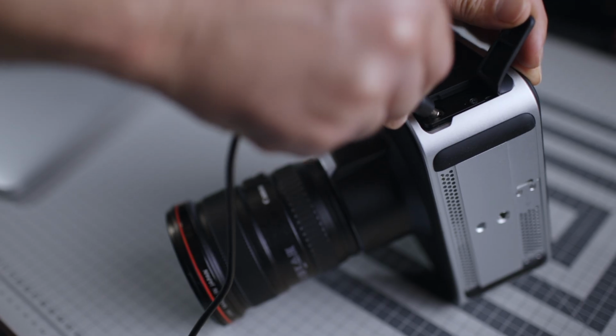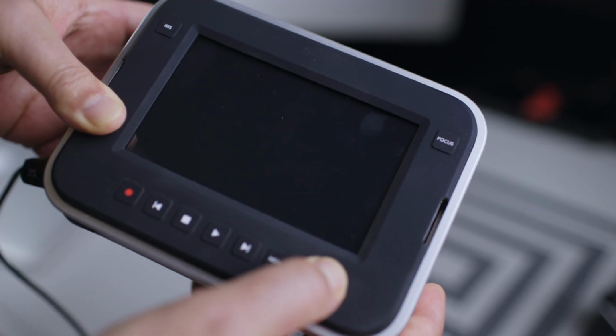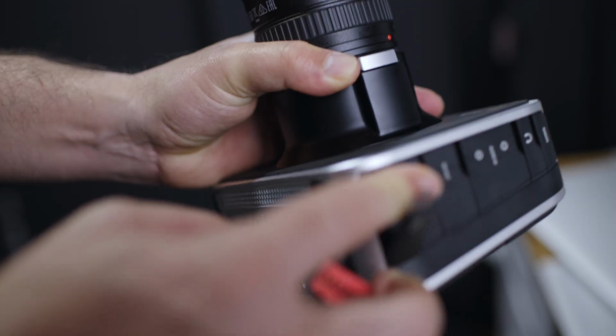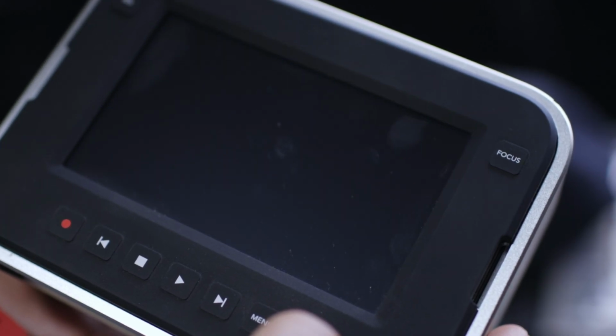I mean, I've picked up mine. The guy thought it didn't power up. I bought it for the $100 that he asked. I got a couple of accessories with it. And I came home and I plugged it into the power point with the charger, and nothing happened. So I plugged it into one of my V-Locks and charged it from that, and the camera powered up. So what it meant was the poor guy that sold it to me thought his camera wasn't working because his wall charger had blown. So I've got a camera that doesn't have a wall charger, but hey, it's $100 and